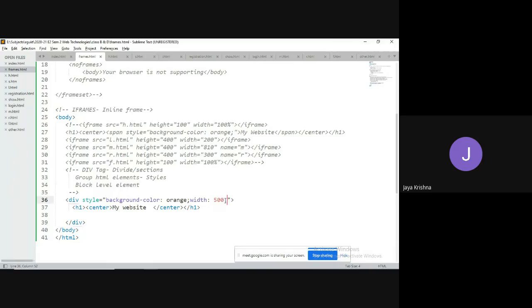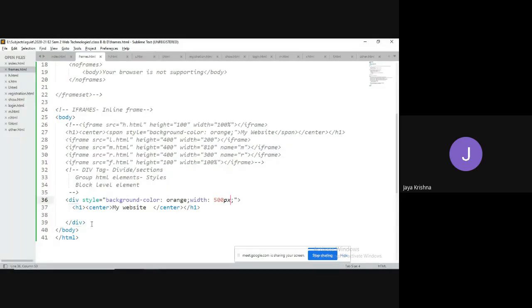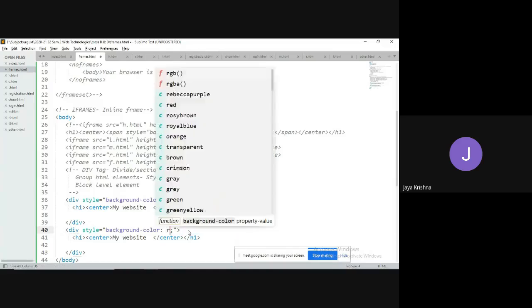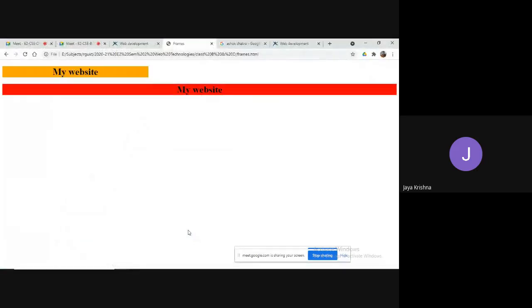Any mistake anywhere? Equal to 500 pixel. So this is a kind of division. What about this remaining part? Is the remaining part nil? Try to observe. I will define one more time. I don't want to take this one. I would like to take it as red. It is going to start from the next line because it is a kind of block level element.